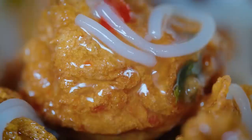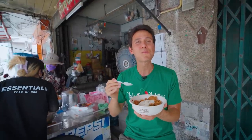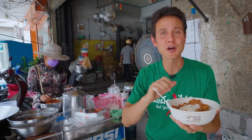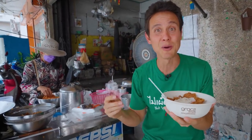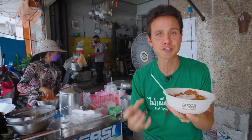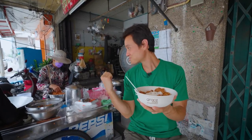That sweet and sour sauce, the namjim, just kind of complements it. What you really notice is that when todman is made, the fish cake is hit and pounded until all of the fibers of the fish are completely broken down. So once the fibers break down, it completely changes its texture and it becomes a lot more sticky and a lot more spongy. And when you have a good fish cake, that's something that you'll immediately notice,